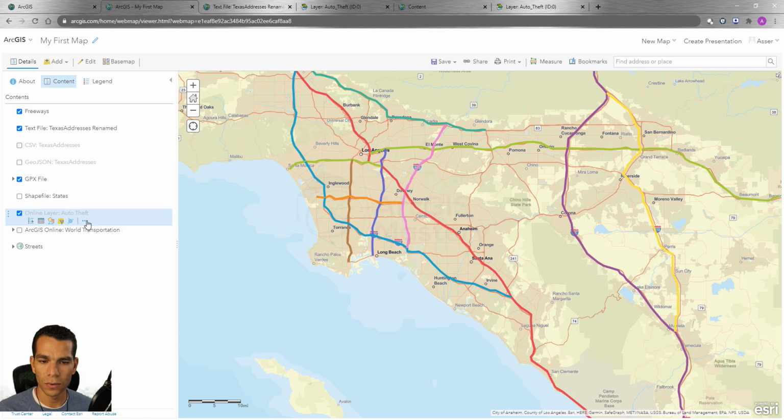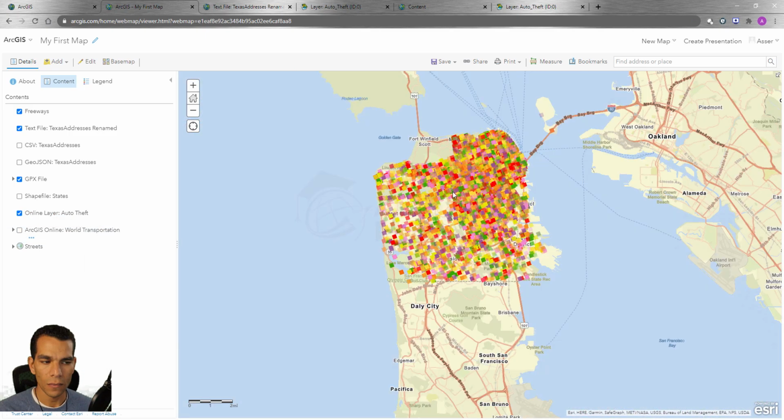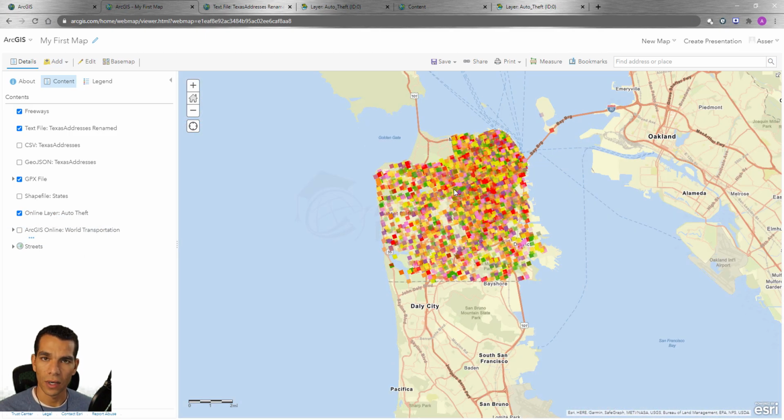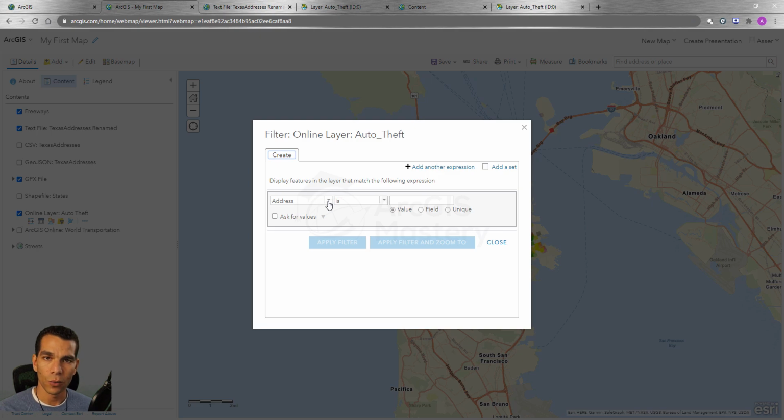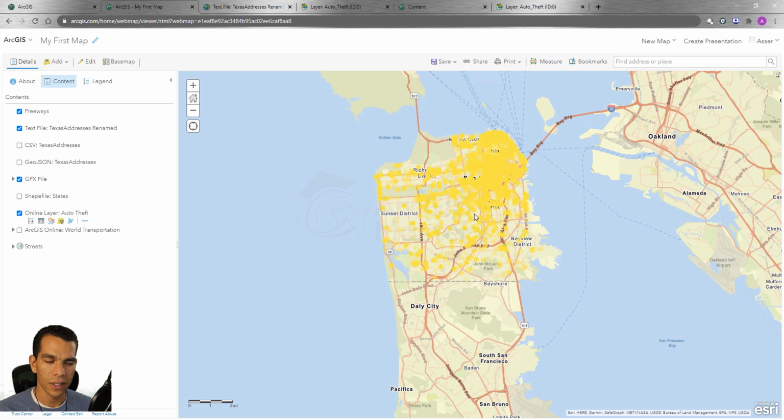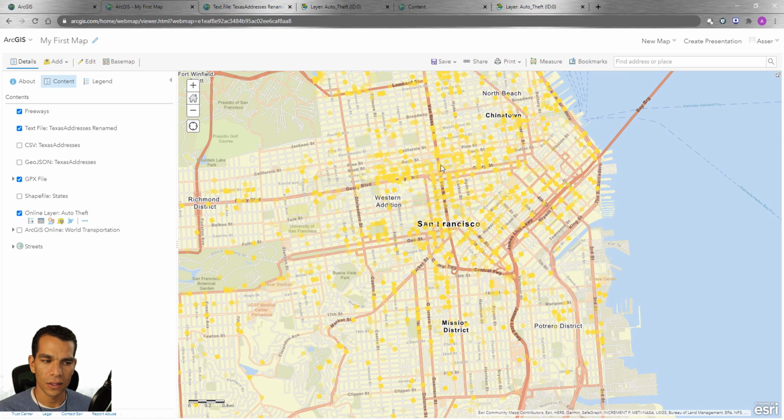So let's zoom to the auto theft layer, and we will try to filter our layer to show certain features based on a certain attribute. So we will come here and say filter, and again we will do the same thing we did with the attribute table to show the things that happen on a certain day of the week. So here we will choose day of the week is, let's choose Monday, and I will say apply filter, and you will see that now we have the incidents that happened on